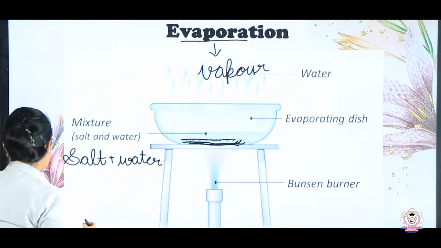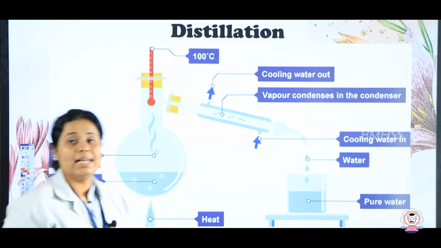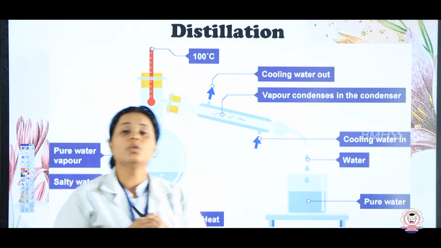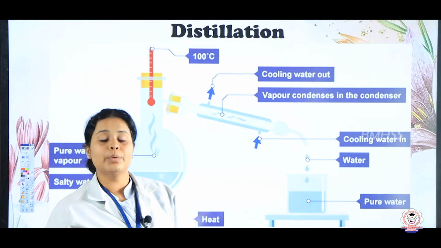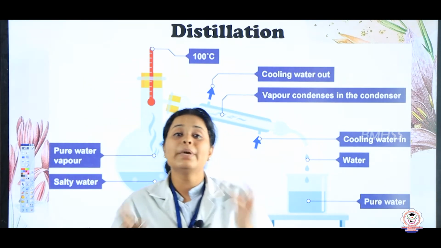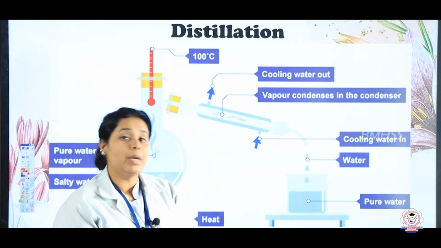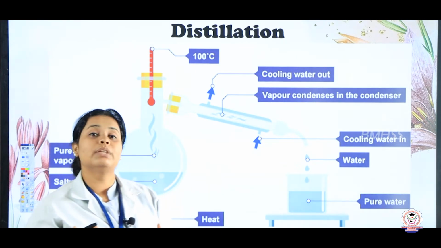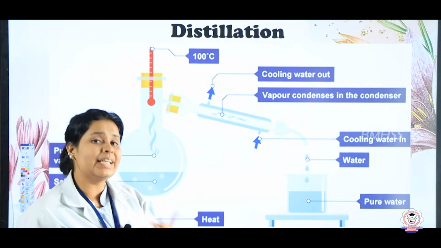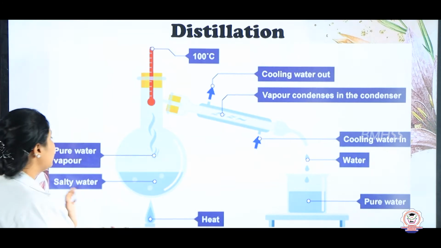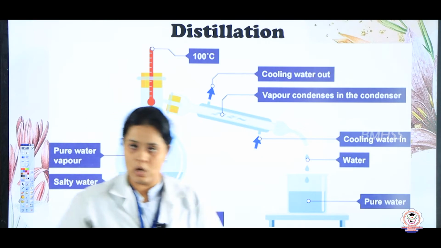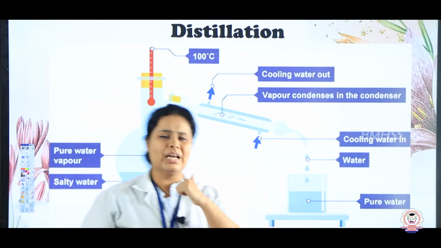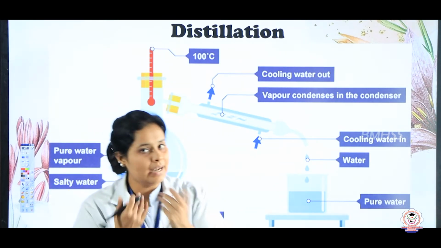Okay. Yes. The second process is known as distillation. So children, distillation is a process in which you take 2 liquids and mix them well, and the boiling points of the liquids are not very different. Now what we are doing is, we are taking 2 things here. Okay. In this again I have taken one solid and one liquid. Again we will take the example of salt and water.